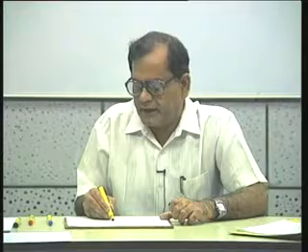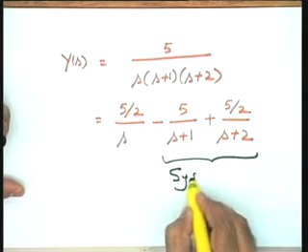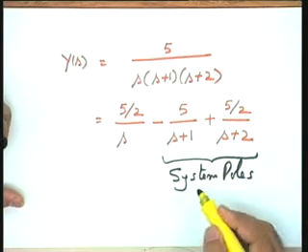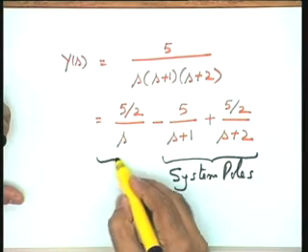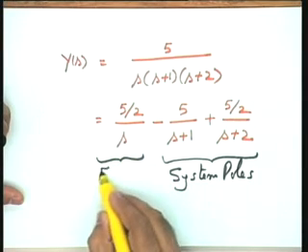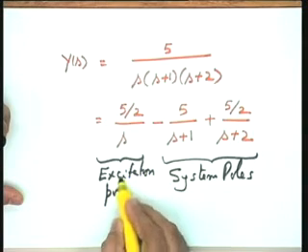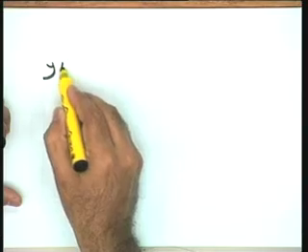The point I want you to keep in mind is the following: these are the terms because of the system poles, please. You recall the transfer function had the poles at s equal to minus 1 and at s equal to minus 2. This is the term which is because of the excitation pole. The step input gives rise to this particular pole. Now, if I invert this Y(s), I get y(t), very simple.